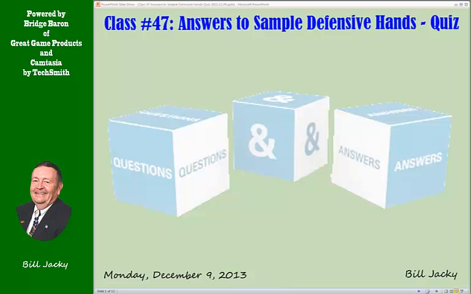Class 47, Answers to Sample Defensive Hands Quiz. Yesterday I gave you 10 hands, and I asked you for each hand to analyze the hand in two ways. For each of the possible opening bids, and you're on defense, next to speak, choose the bid you would take playing Standard American, then secondly, choose the bid you would make playing the system which I've outlined in the last